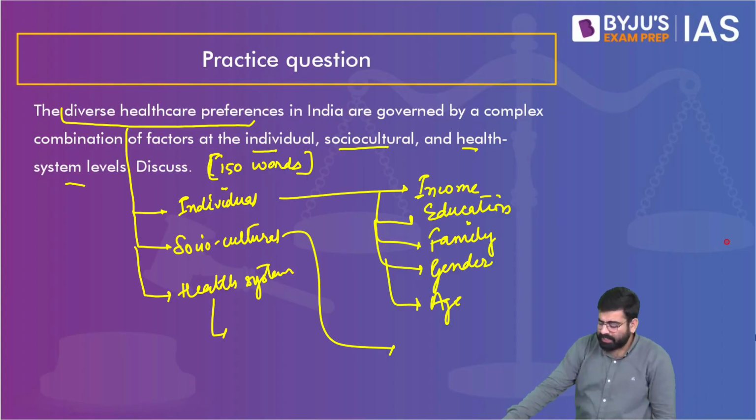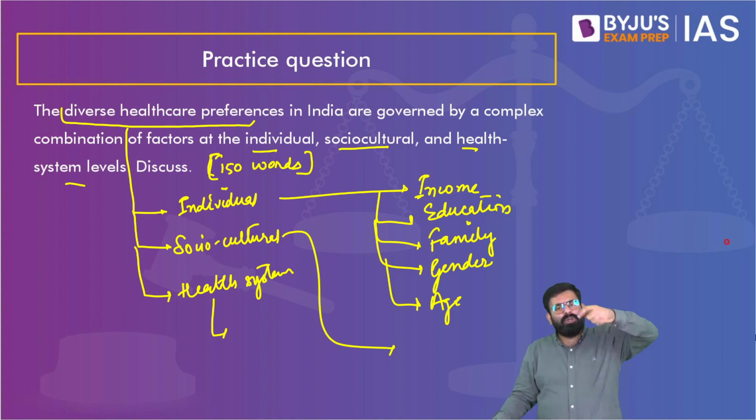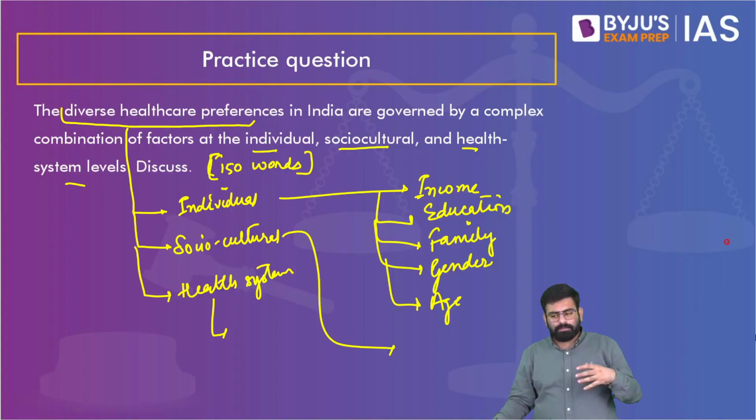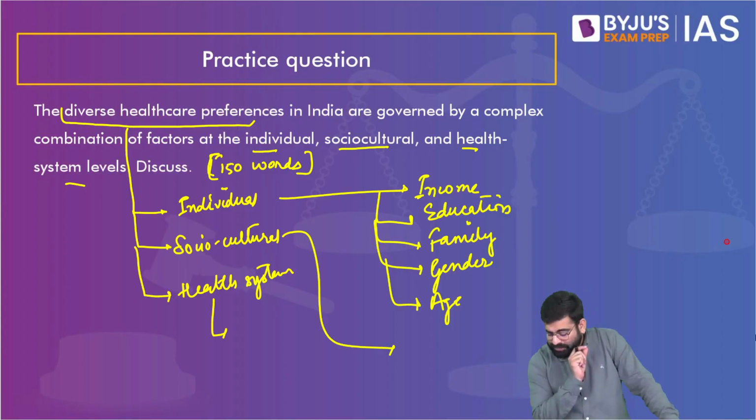Can superstition be in socio-cultural? Absolutely, yes. The superstition would fall under socio-cultural for that matter. Now, again, there is no watertight compartment, because your individual preferences are ultimately shaped by the society, are ultimately shaped by your health system. If you remember the idea of socialization for that matter, right? Okay, so